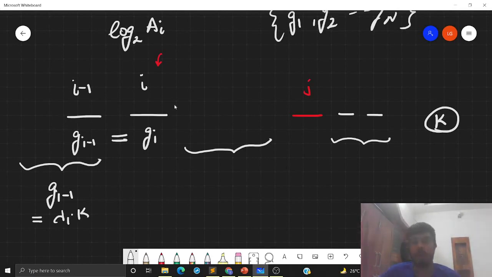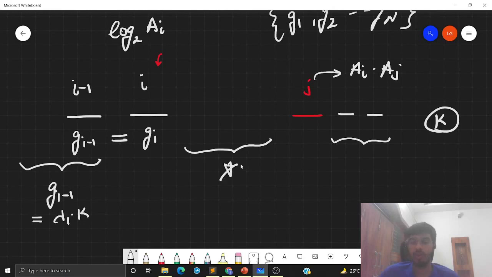Also, because g(i) is equal to g(i minus 1), the value ai was already a multiple of k. Now the value at j is modified to ai multiplied by aj, and that's how it has also become a multiple of k.